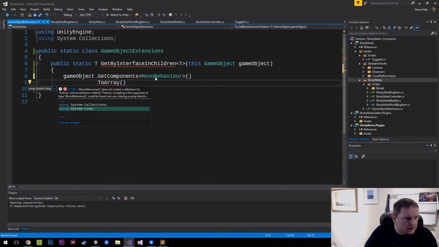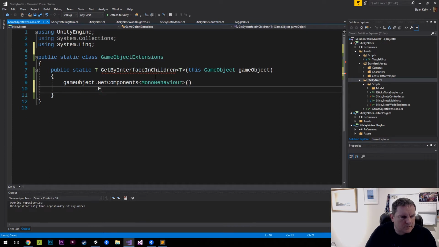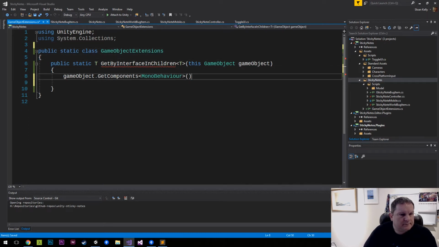Can I do this as a link? Yeah, I think I can. Dot for select. No, let's just do the bog standard way. I thought I'd try and be clever there, but let's not be clever, let's just be accurate. So we're going to say for each